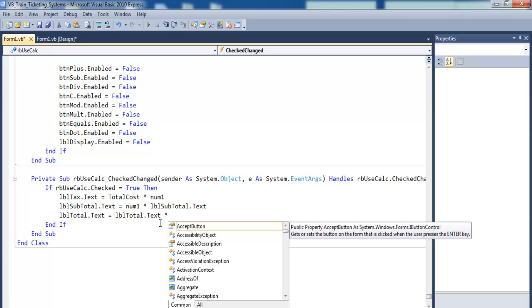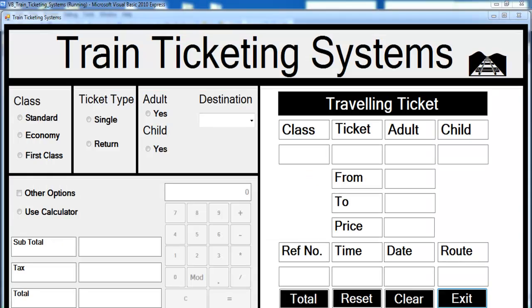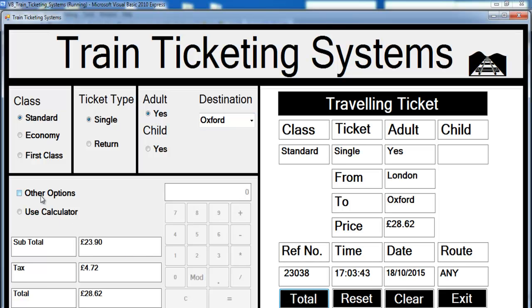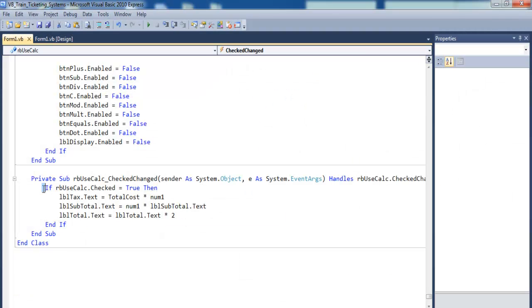Multiply by 2. Okay, I have entered all of the information required, and if I click on this, that's what I get. Supposing I click on this to enable this, enter, let's say we have 2 people, as you notice this becomes 0. The reason why that becomes 0 is because in here these are the lines of code that I intend to use, but right here I should have entered as follows: